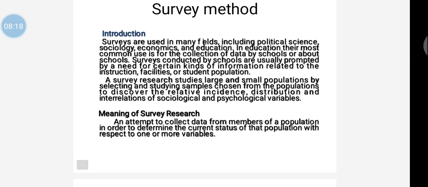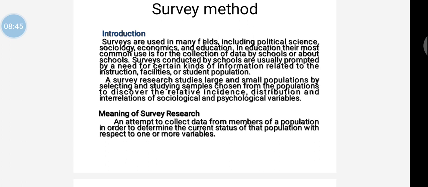Survey method. Surveys are used in many fields, including political science, sociology, economics, and education. In education, their most common use is for the collection of data by schools or about schools. Surveys conducted by schools are usually prompted by a need for certain kinds of information related to the instruction, facilities,